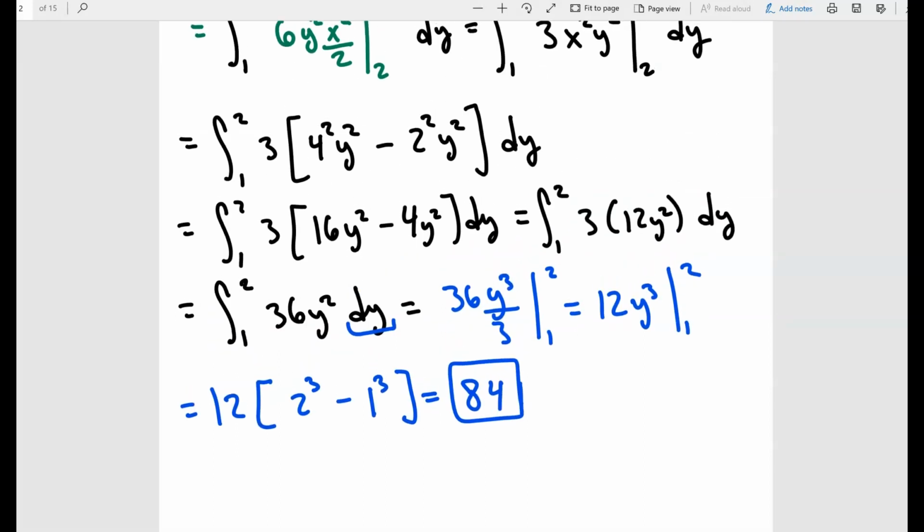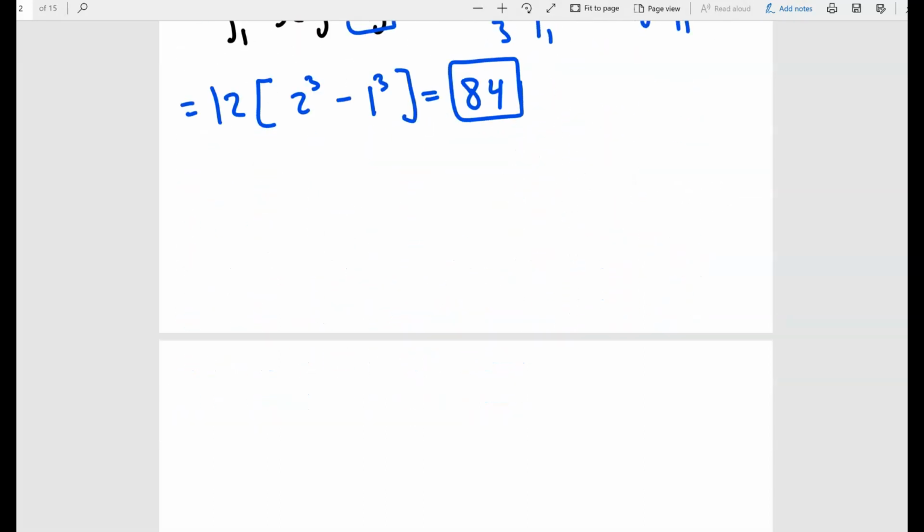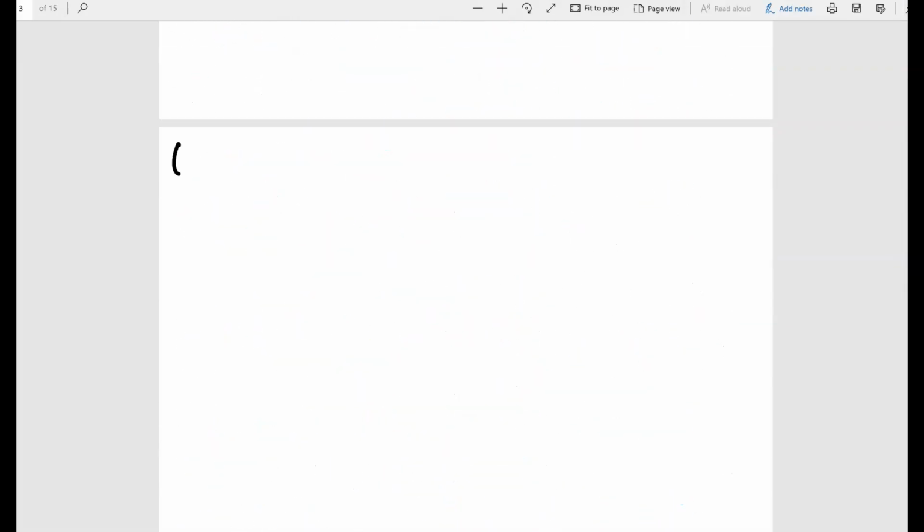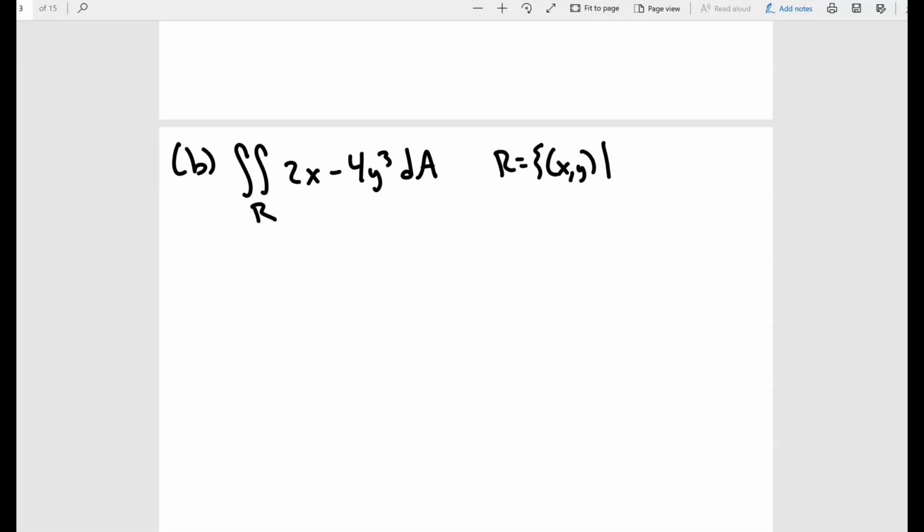Okay? All right, so now let's do the next problem. So I'm going to say this is going to be part B. Okay, so for part B, this is what we're going to be doing. We want to take the double integral over the region R of 2x minus 4y cubed dA. And here the region R is defined to be all values of x comma y, such that x is between -5 and 4, and y is between 0 and 3. Okay, so that is my